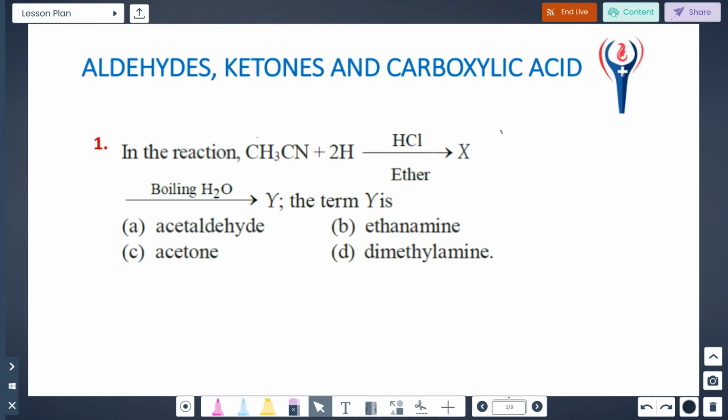CH3CN. CN, if you see, CN means it is a Stephen's reaction. So CH3CN undergoes reduction. Okay, so I write it here. Simple one. Okay, see, CH3CN undergoes reduction, I put 1H here, so it becomes what? We get the product CH3